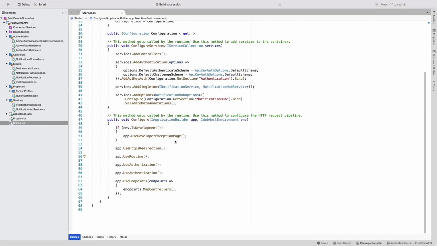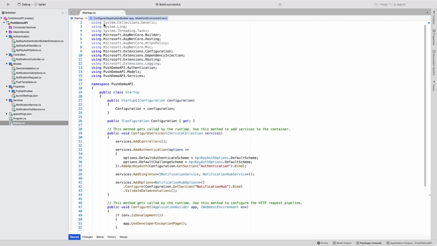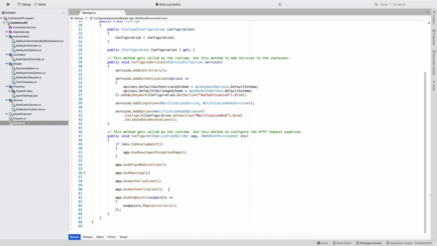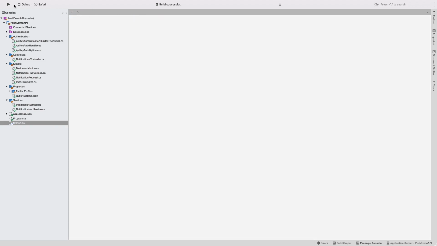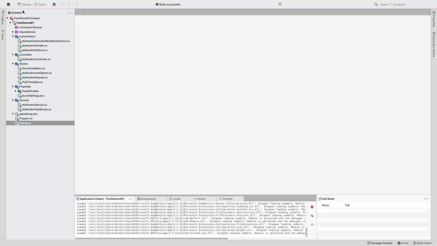What I did realize is that if you go to startup.cs, you've got to make sure that app.useAuthentication comes before app.useAuthorization, because otherwise that will result in a 401 unauthorized message being caused. So now what we can do is run this in debug mode in Safari,